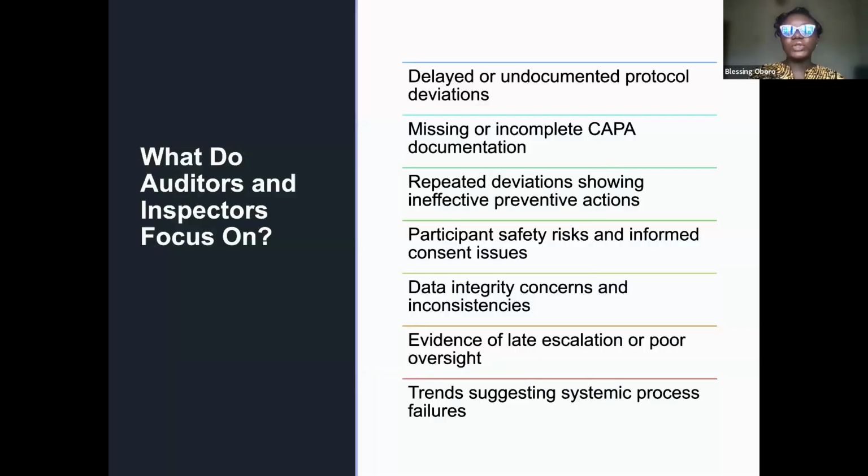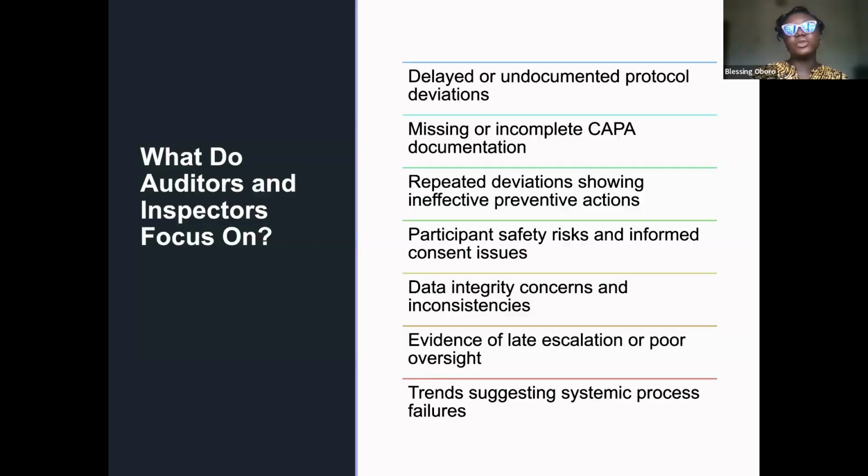Okay, what auditors and inspectors focus on? They would usually look for delayed or undocumented protocol deviations, because your auditors are doing a thorough job checking through and through from the start of the study up until the end. So they would want to look out for undocumented protocol deviations, missing or incomplete CAPA documentation, repeated deviations showing ineffective preventive actions. So, like I mentioned before, when you do not solve the issue once and for all,